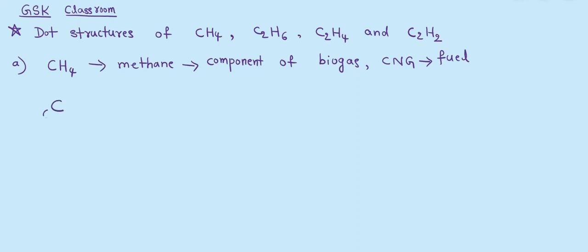First, we have to write the atomic number of carbon, which is 6. So, C6 has in K shell 2 electrons, you know that, and L shell it contains 4 electrons. So, valency is 4. We know that in all our previous classes. And hydrogen has only one electron in K shell. So, that's why it needs 4 hydrogens to bond with the carbon, the simplest compound called methane.